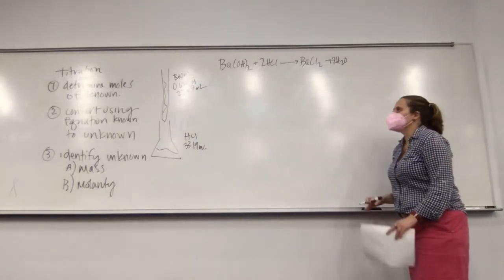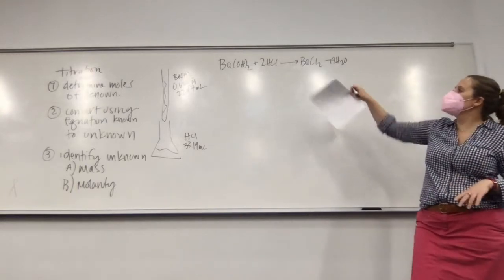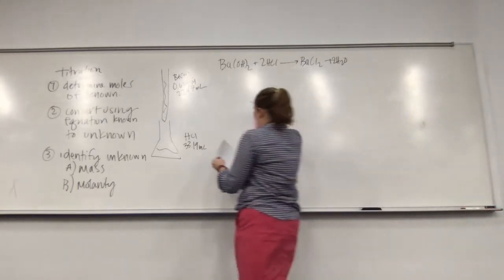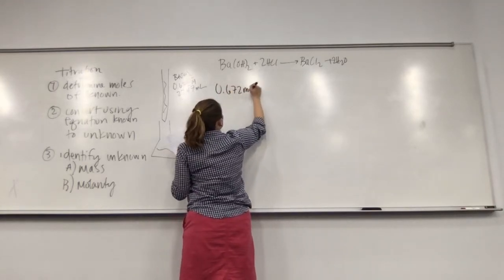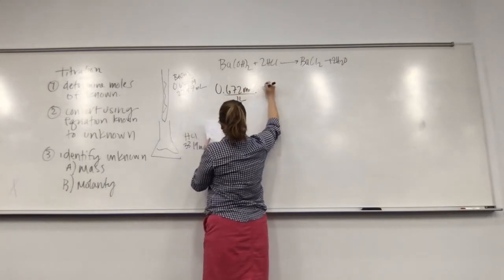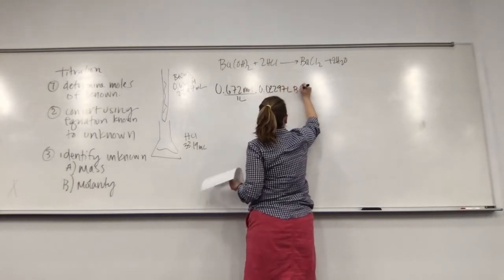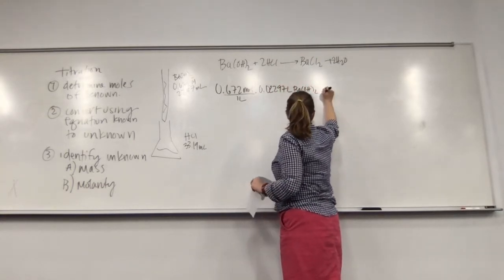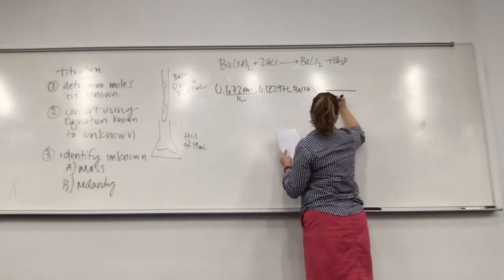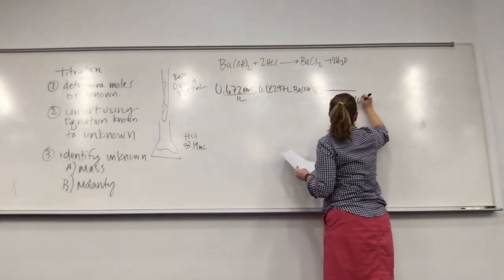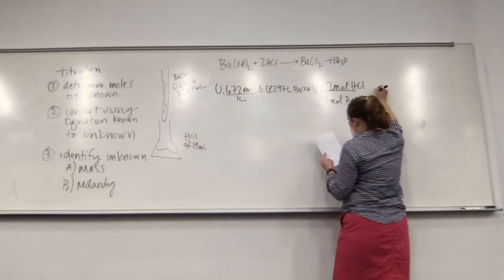We're going to set this up pretty much the exact same way we did before. We're going to use the molarity and the volume to determine the moles. So we have 0.672 moles per 1 liter multiplied by 0.02297 liters of barium hydroxide. For brevity, I'm going to go ahead and combine this. So 1 mole of barium hydroxide gives you 2 moles of HCl,